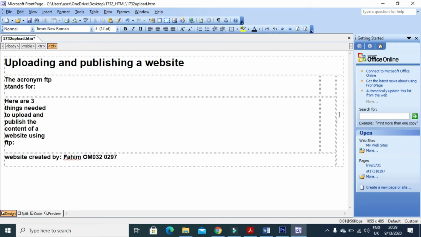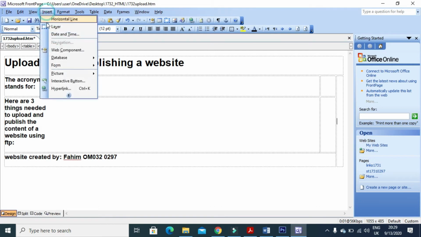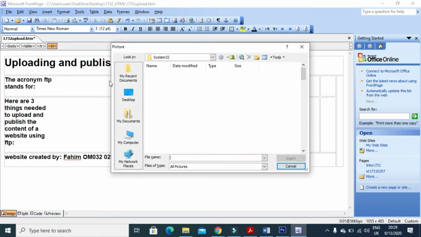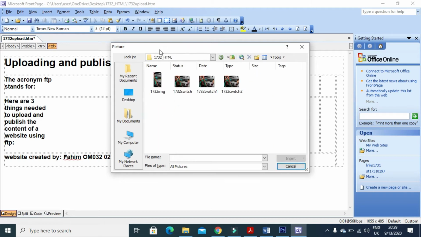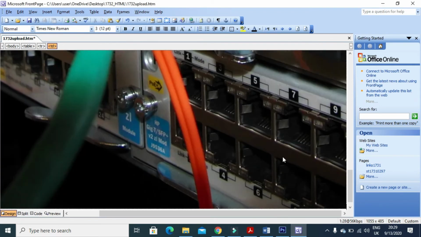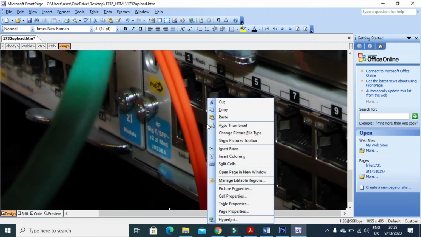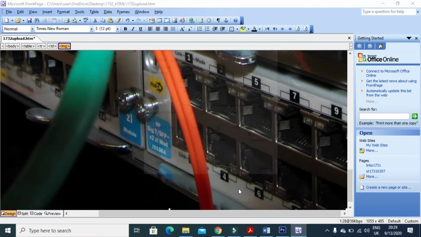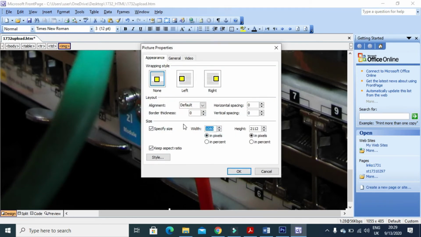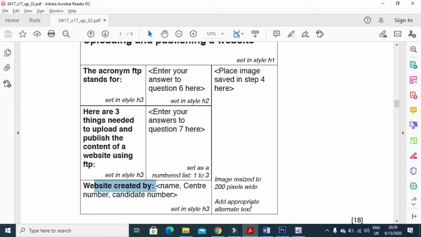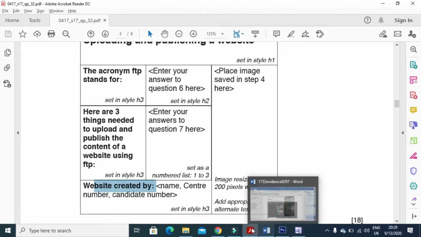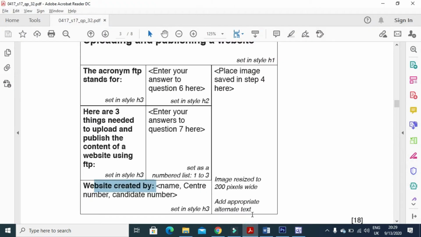So we'll just click here and then insert a picture from the folder on desktop. Just go to your folder, and then we have this image, and then we just right click on it, picture properties, and we need this one only 200 pixels. Click on OK. Now you can see the image will look like that, and then they have mentioned something called